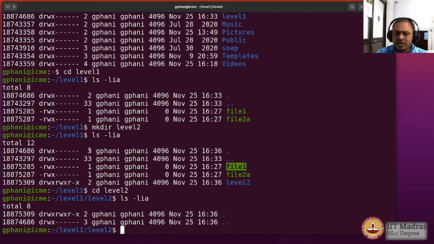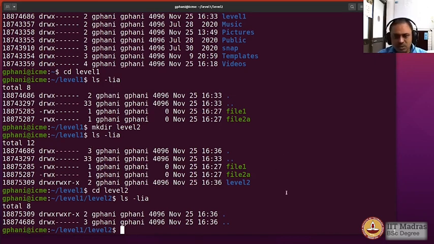Now if there are more hard links, it means that if you delete one such entry, there are other entries which may still be existing, and for regular files such a possibility is very much there, and we will come to the use of that in backup systems at certain later point of time.